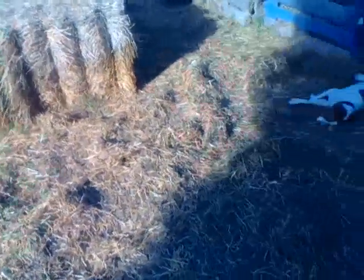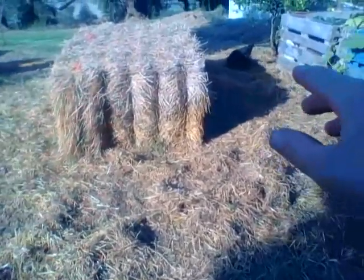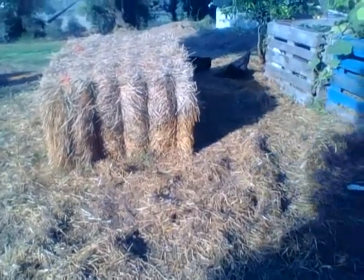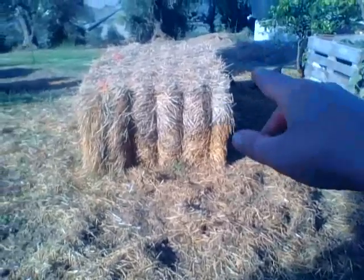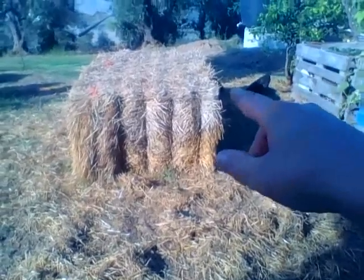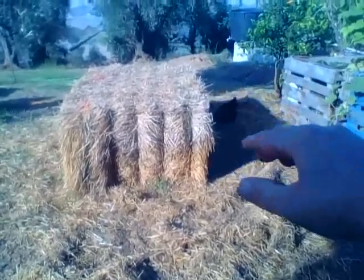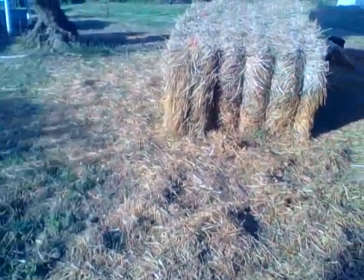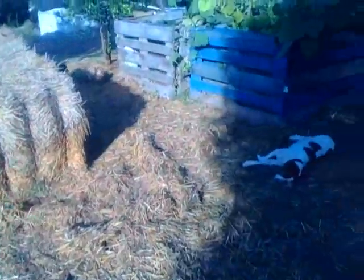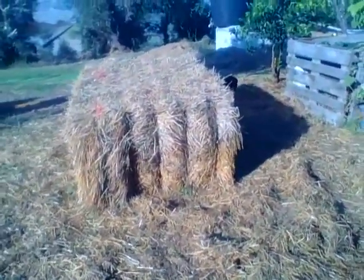Okay, and everyone's happy, all the farm animals are happy, and the farmers here have been very helpful in providing me with this hay at very low cost. For a few dollars I've been able to get these 300 kilo bales of hay. These are huge, so I can't really unload them myself from the truck. So I have a method of unloading: I just drive off fast and it falls out the back of the trailer, because I cannot push it off the trailer myself. But everyone and the animals are happy. So I'm slowly upgrading the infrastructure, getting all the infrastructure in place, and then later getting the larger farm animals, which are the goats and the sheep,